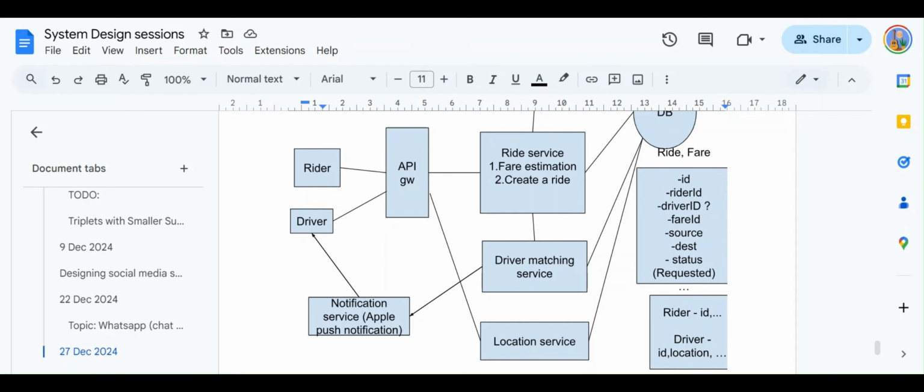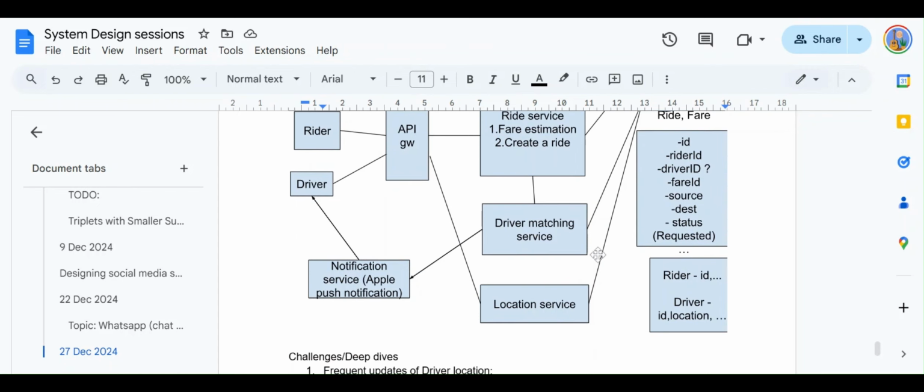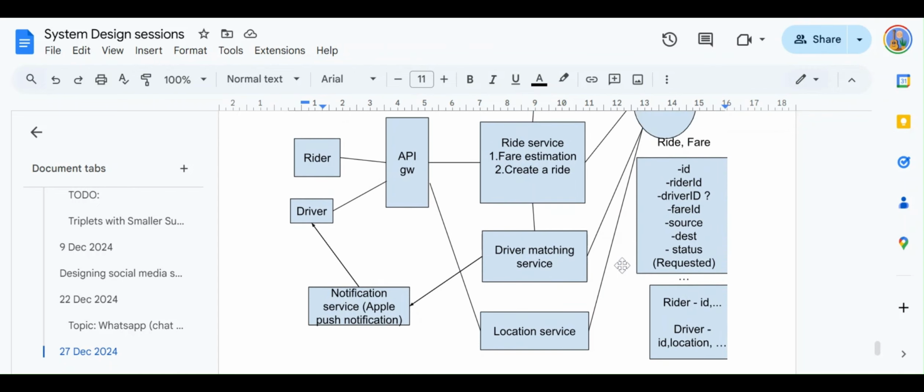In fact, the search and ranking algorithm that we are choosing is going to search the drivers and sort them based on whoever is nearest. Now imagine that there were only five drivers in the nearest location, right? One of them was the nearest, the second one was the second nearest, the third one was a little far away, the fourth one was farther away, and the fifth one was the farthest.